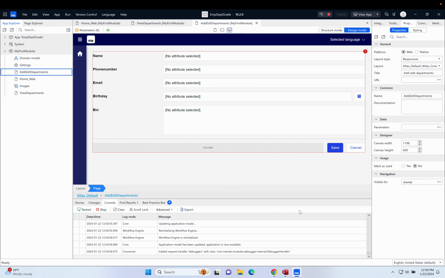Here it is. So similarly, when we were creating the view departments page, we've got the little red symbol, the red border, and the little 1, which is suggesting that there's some further configuration or information that we need to supply. If I hover over that, you can see it tells us, it says no entity is configured for the data source of this data view. Select an entity or change the data source. What data, Mendix is asking us, will be displayed in this data view? So if I tap on the data view,